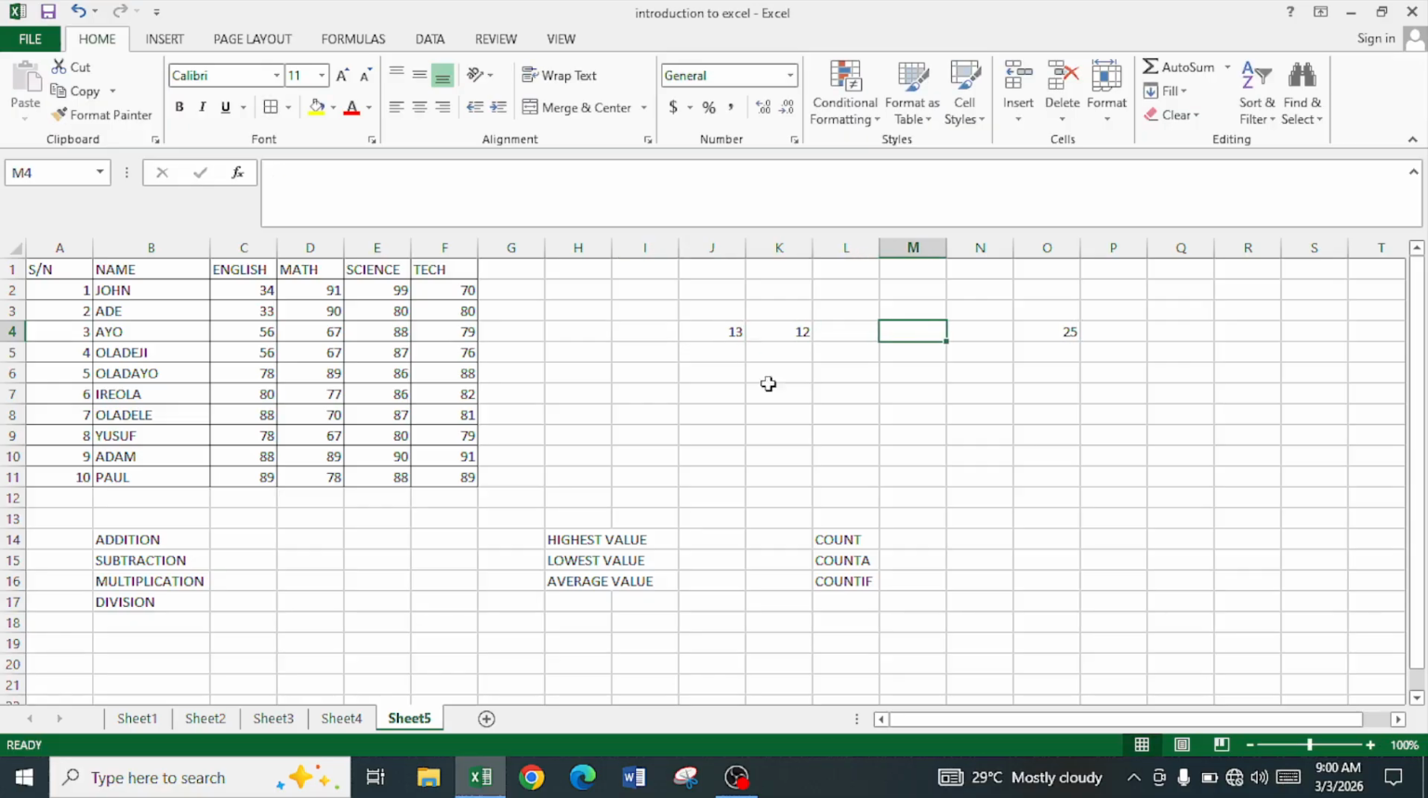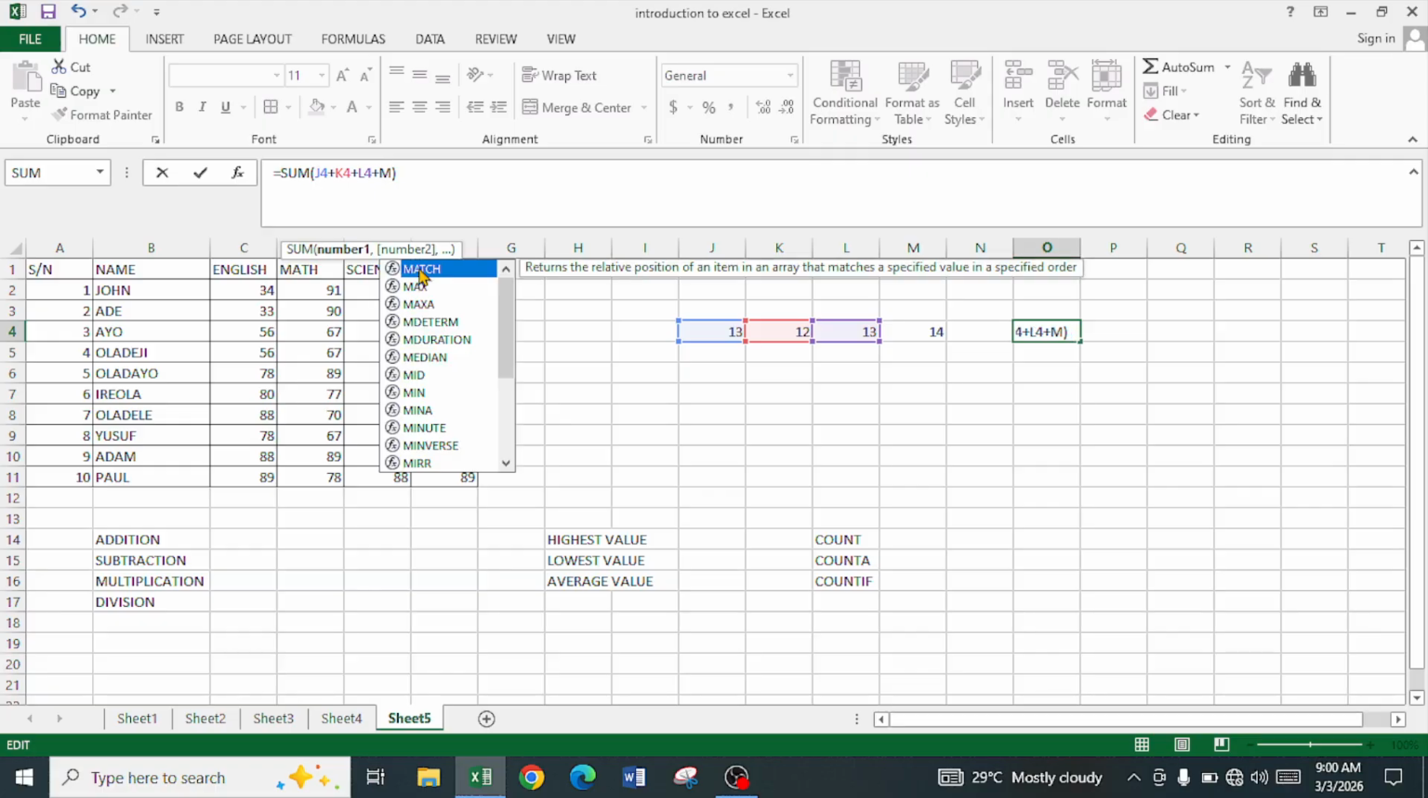Now, what if you have multiple data to calculate? Will you be doing it this way? I'm going to add another value here, another value here. So instead of me writing plus K plus L4 plus M4,